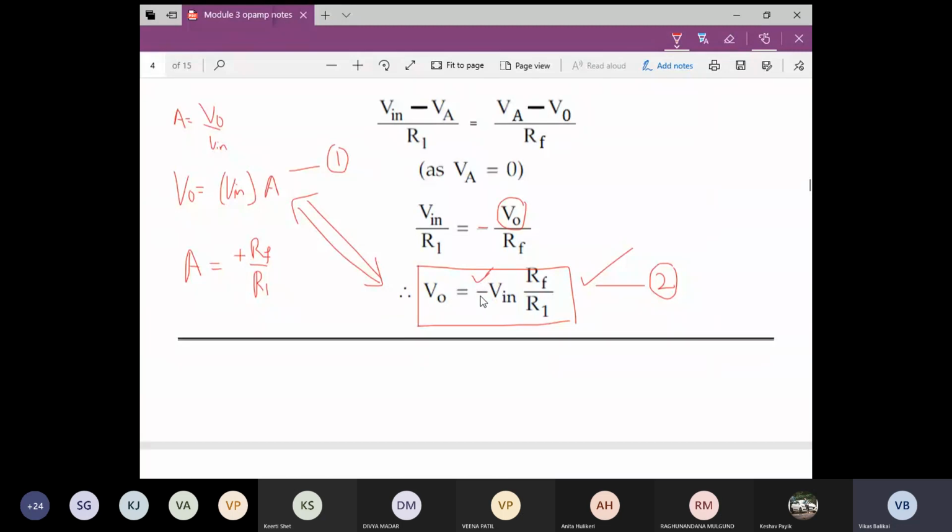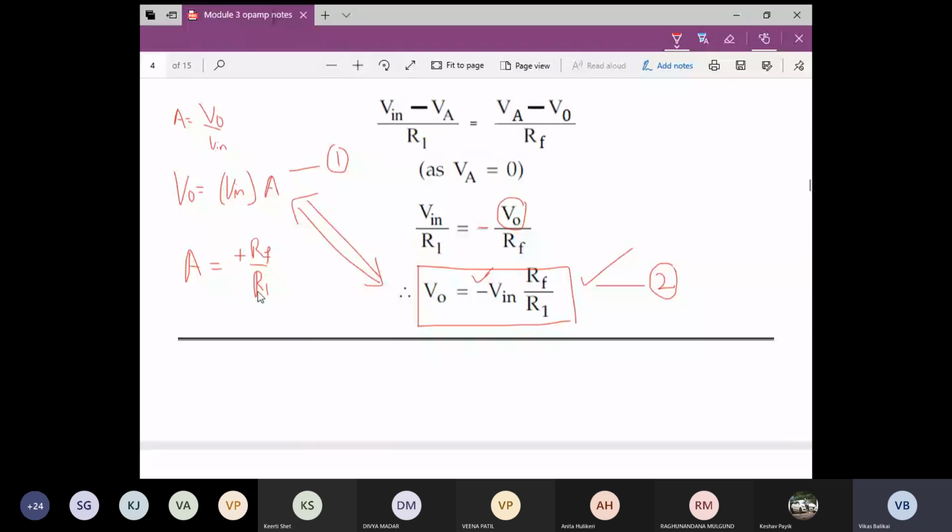This is only a qualitative measure. So it is not the quantitative measure, it is a qualitative measure. It is going to indicate the nature of the waveform. Adu bitre enu indicate madangilla. That is the only thing it is going to indicate. So if I try to compare V in jagada, V in the A jagada RF by R1.